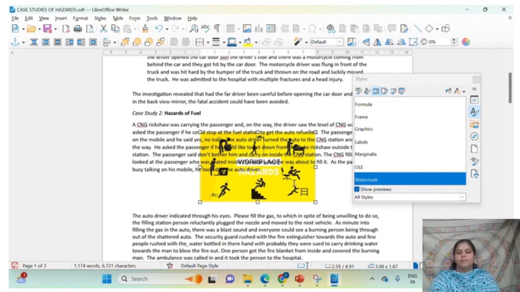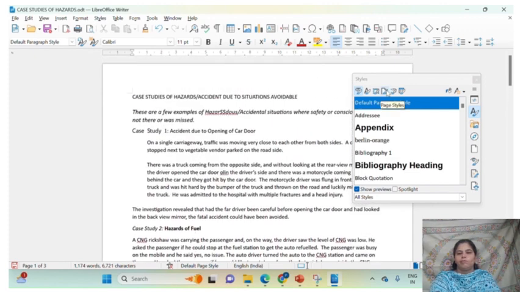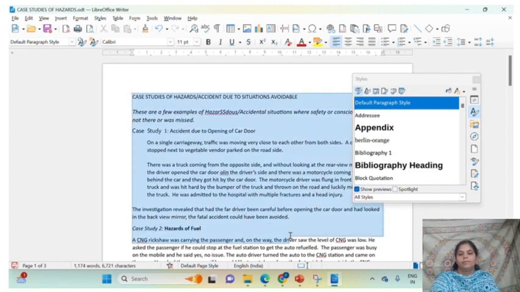Let me go back to the normal default page paragraph style. Now the next thing we'll implement is page style. Page style is all about changing the page settings. What all do page settings include? It may be margins, it may be the indentation, it may be the orientation, maybe landscape, maybe portrait, depending upon the user's choice or whatever page style we are implementing. Page style is implemented for the entire page that we have selected, or maybe for the selected text as well.